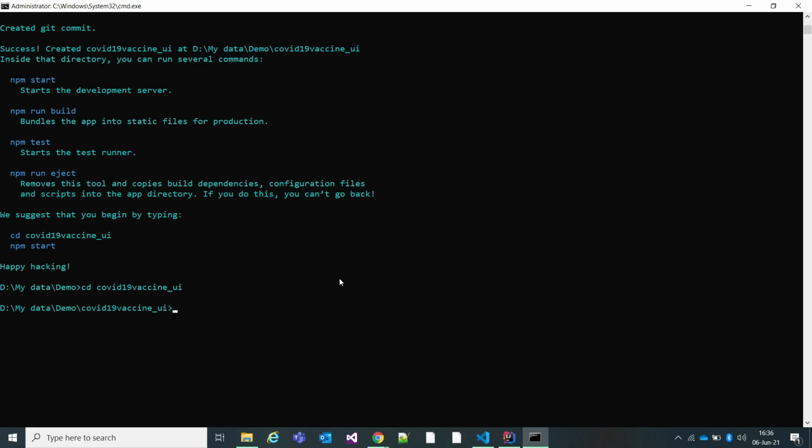Now, there are a few things I need to install more, like Bootstrap for the CSS and Axios for the REST API call to the backend. We'll be pushing the data from UI to backend. So need to install npm install Bootstrap.